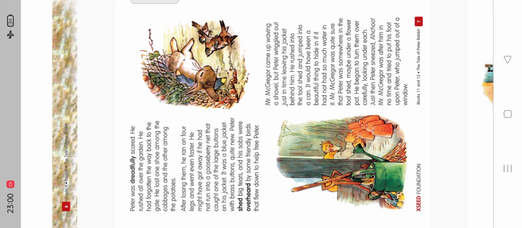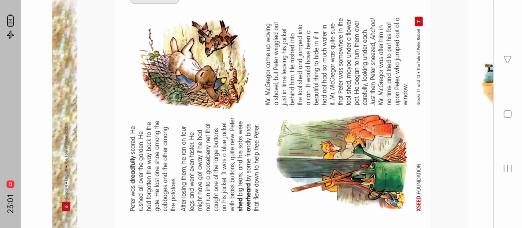Peter was dreadfully scared. He rushed all over the garden. He had forgotten the way back to the gate. He lost one shoe among the cabbages and the other among the potatoes. After losing them, he ran on four legs and went even faster. He might have got away if he had not run into a gooseberry net that caught one of the large buttons of his jacket.